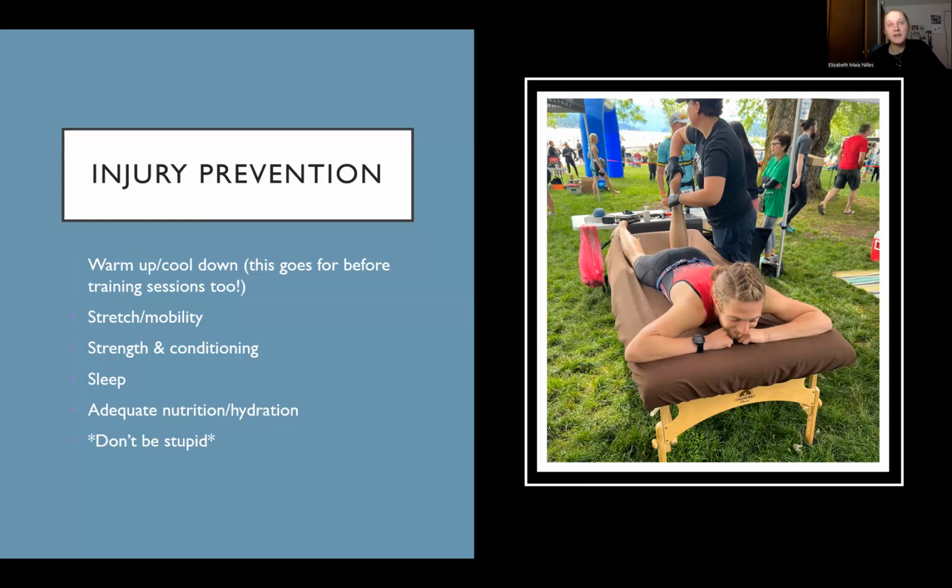I've read some papers or listened to things a while ago, but basically if you're not adequately fueled or hydrated, that increases your risk for injury. Again, I don't know the mechanism for that, but making sure you're on top of nutrition and hydration is really good for injury prevention and just feeling your best. And yeah, don't be stupid. There's not really much more I can say about that.